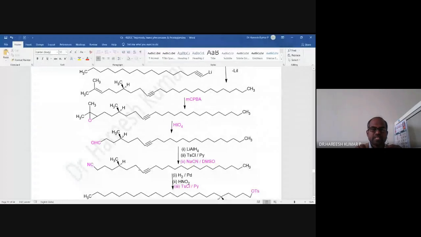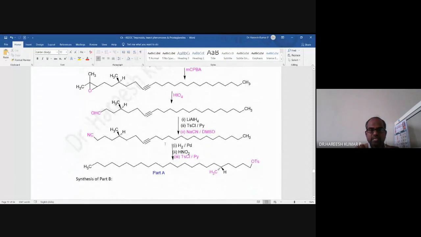That CH2OH is treated with tosyl chloride. That means alcohol is converted into tosylate. That tosylate, when it is treated with sodium cyanide, is replaced with CN minus. So that is how a nitrile is obtained. At this stage, this one is subjected to Lindlar catalyst. Lindlar catalyst means hydrogenation in presence of palladium and barium sulfate catalyst. So triple bond is converted into double bond, and then